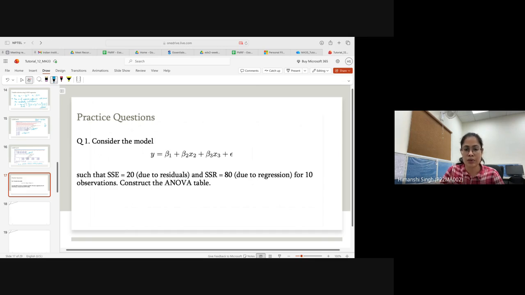Why? Because there are some questions, for example in this question there is a calculation for SSE. Now this calculation can be very messy. We can have a 4 cross 4 matrix or a 5 cross 5 matrix. We cannot find the inverse of that matrix by hand, and that much calculation will not be there in the exam either. So those calculations I'm skipping. Apart from that, if there is some calculation, I'm doing all of it.